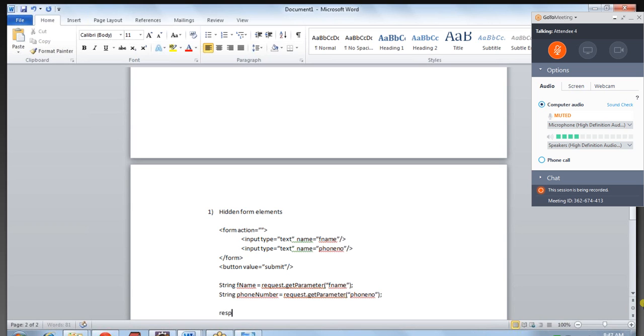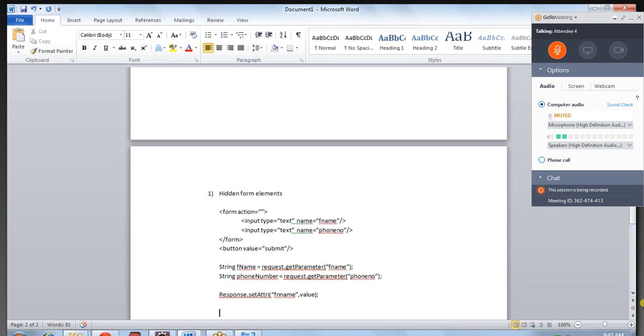You can do response dot, select review, f name, whatever value it is. Okay, so what is happening here. You are getting it from the request object and again sending it back to the response. So when you send back to the response, how can you get it from the response object and how